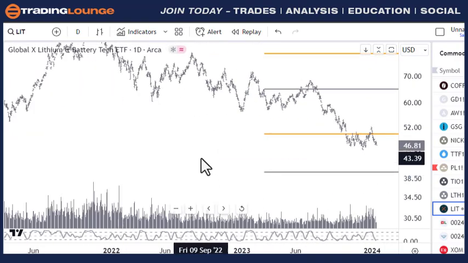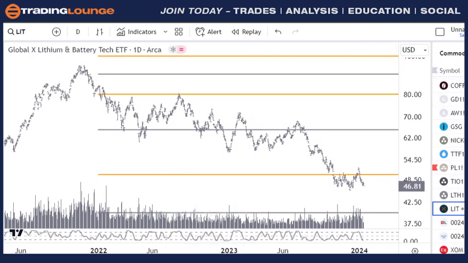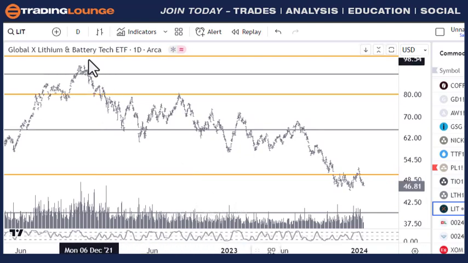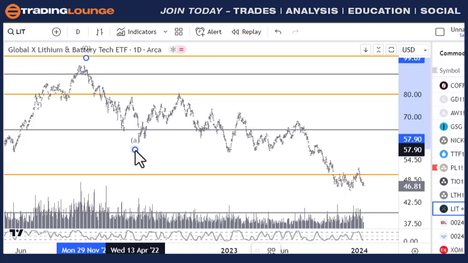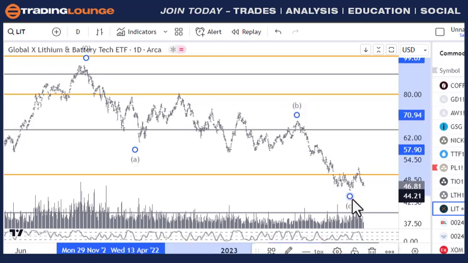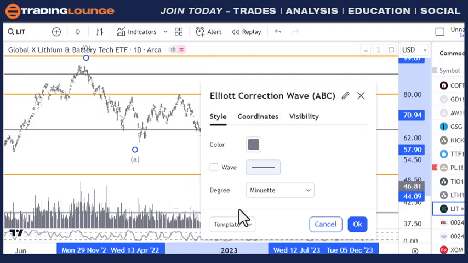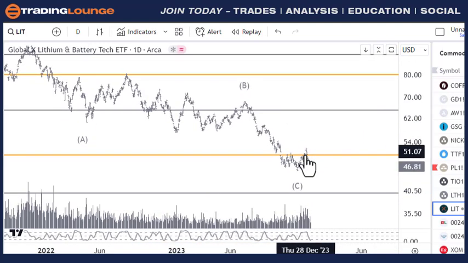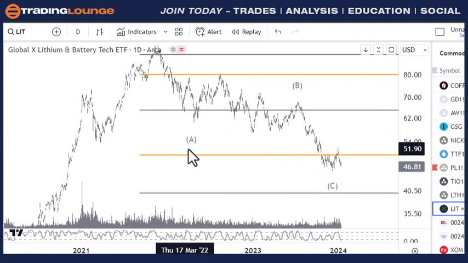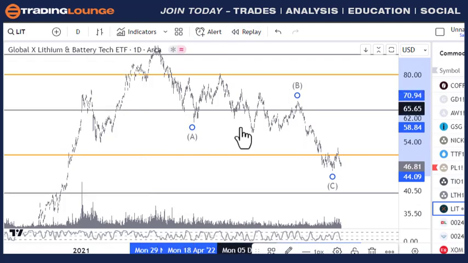I had sort of counted this here as an A wave, a B wave here, and a C wave here, and having a look at this as a triangle with an A, B, C, D, and E here. I don't know if that's quite right yet, but it's something I was looking at. It could easily come down further. It's pointing down, it's trending down. Do you know what I mean? Like the picking bottoms mugs game. But